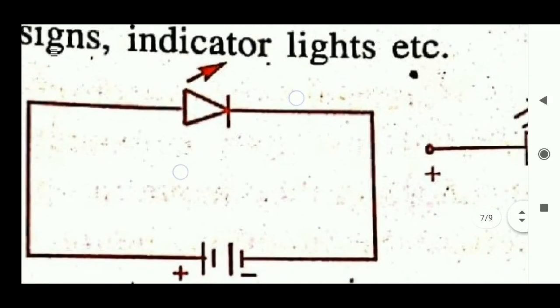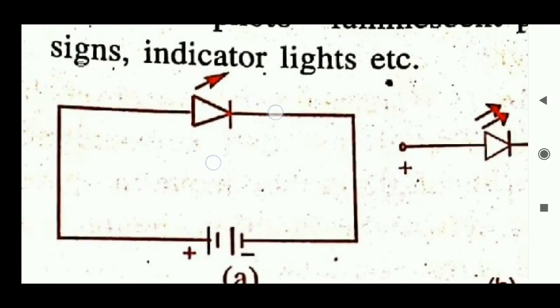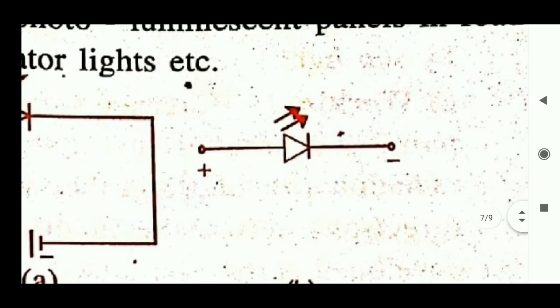In forward bias, it gives output light, and in reverse bias, current flowing through the diode is zero. So no light comes outside, no photons come outside. The circuit symbol of LED is shown in this figure. The two arrow marks going outside show that on passing current in forward bias, light comes outside from